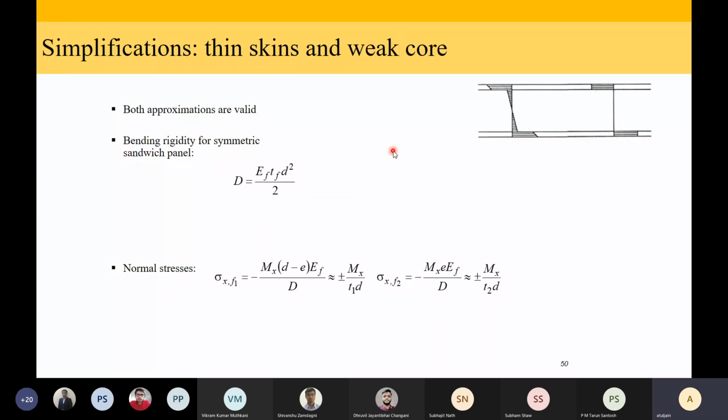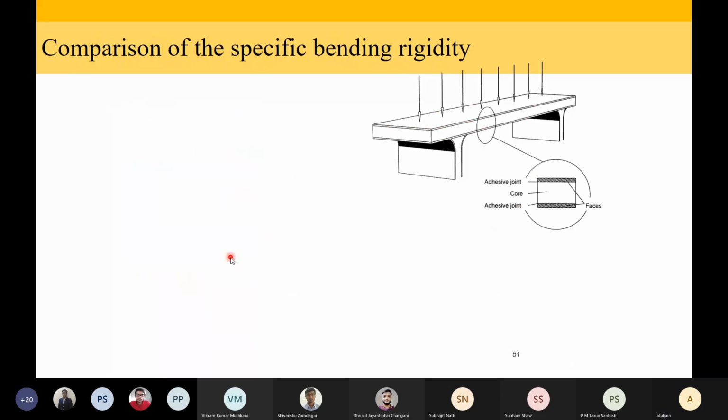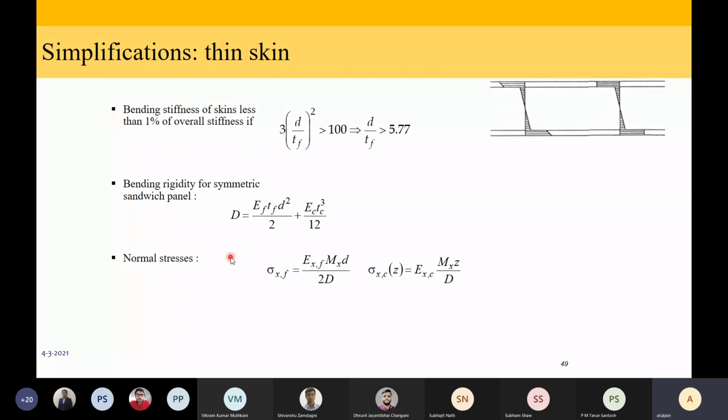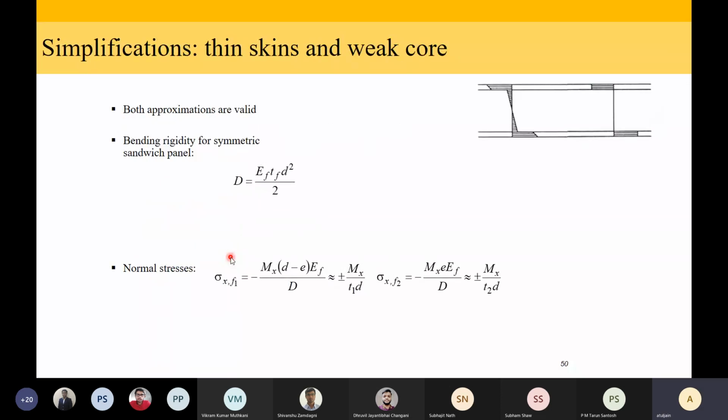Now you can make another assumption that I have thin skin and weak core. In that case, the bending rigidity will come out to be something like this, and the stress distribution, you can expect it to be something like this. You can also calculate the normal stresses. Okay, so these are some simplifications that will not cause great amount of error, because D by TF to be greater than 5.77 is not unusual. That might happen all the time, and that happens when the contribution in the stiffness due to thickness of the skin is very, very low. So these sort of assumptions we can always make, and we can derive simple expressions for bending rigidity as well